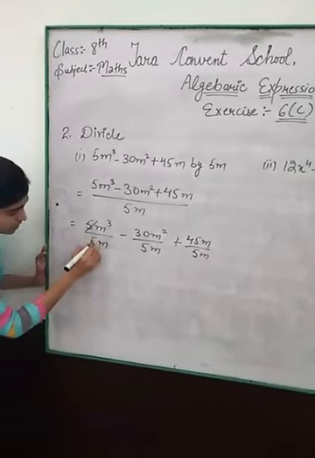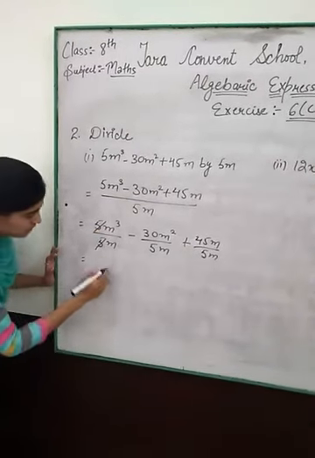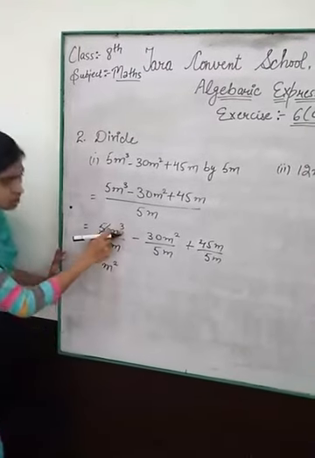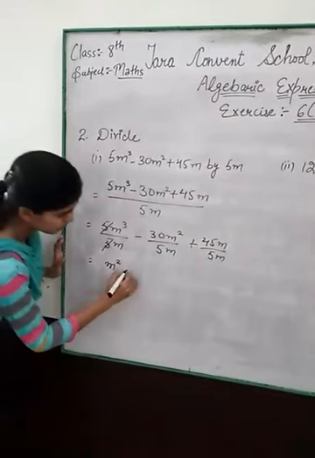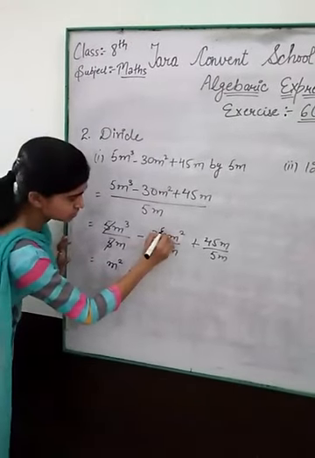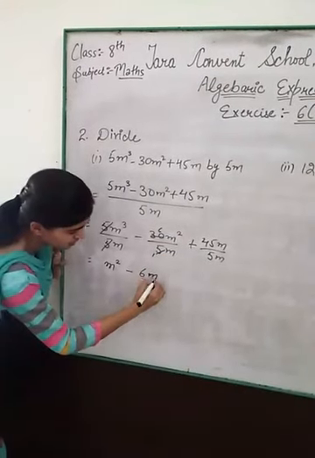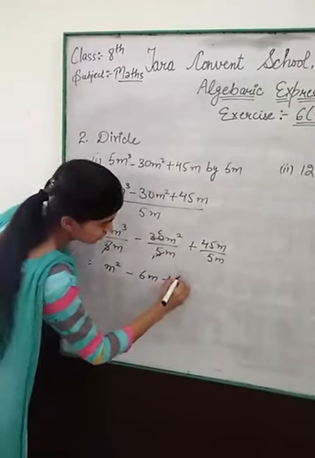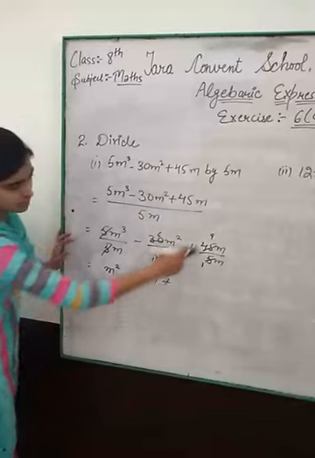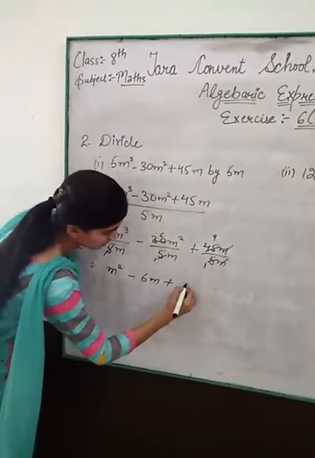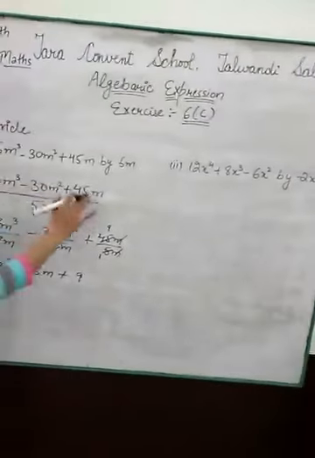Okay. Now 5 we can cut with 5. From here m cube divided by m, we will get m square, because here is power 3 and from 3 we will subtract 1 power. Then 5 1s are 5, 5 6s are 30, means 6. From 2m we will subtract 1m, we will get m only. Plus 45 is here, downside 5, 5 1s are 5, 5 9s are 45, m we will cut with m, we will get here 9. Now this is your division expression of the algebraic expression.